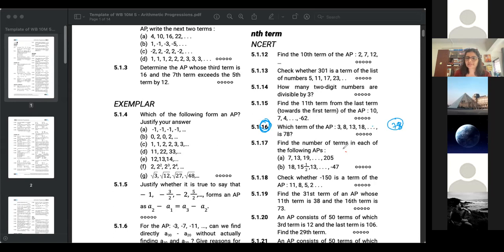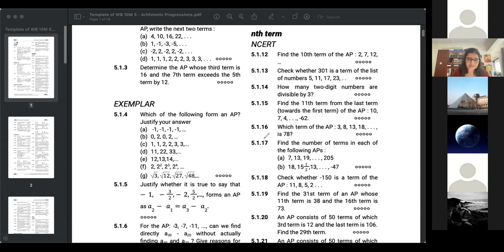So I put AN, which is 78, is equal to 3 plus n minus 1 into 5. Correct. अगर 3 इस तरफ गया तो what will you get? So 75 divided by 5 is equal to n minus 1. Correct. So what is 75 by 5? 15. तो अभी n will be equal to? Plus 1. The answer will be 16. Got it. ठीक है. 16 हो गया.